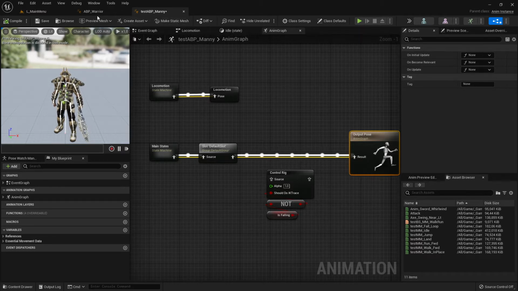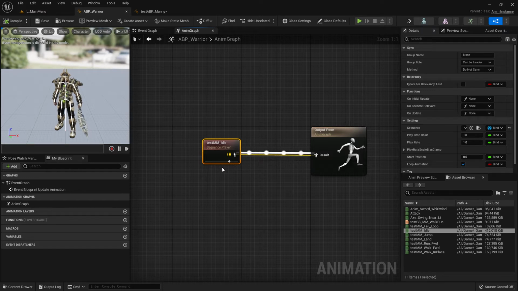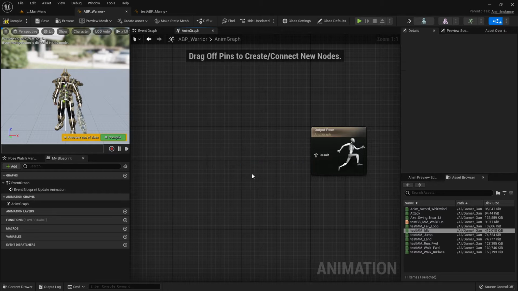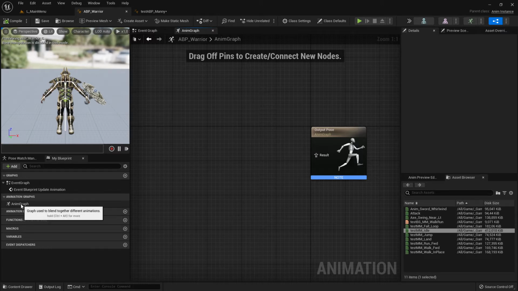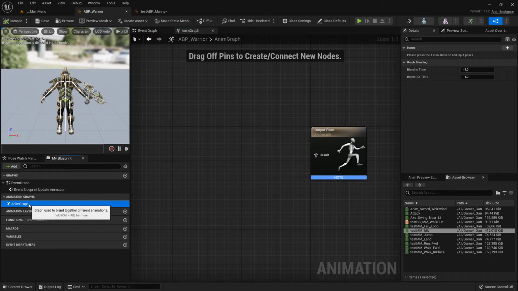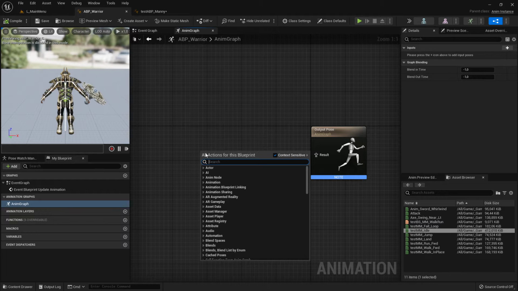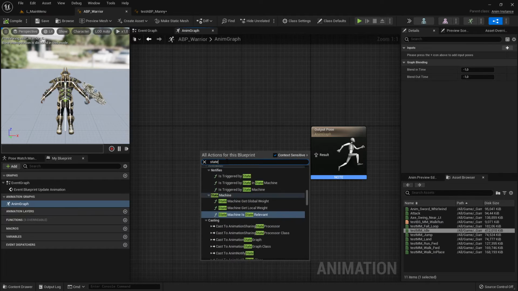So let's continue. This was the simplest way, but this is not the most effective way. Let me show you one more way. Let's delete this and start over again. So this is our start position. What we can do now here in this animation blueprint is you go to the animation graph here on the left side, you right click it, and then, no, not there, sorry. You go here to the animation graph here on this place, then right click it here and search for state